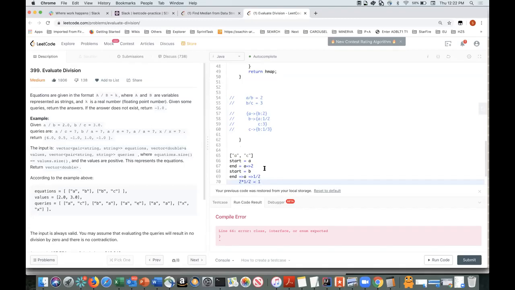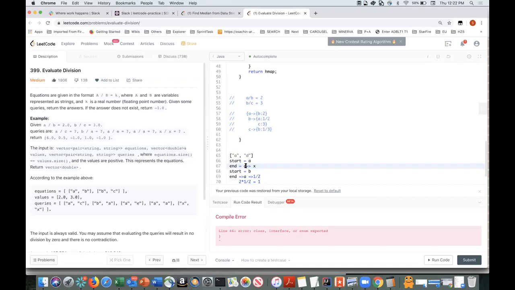So if we have values like A to B, B to C, and C to D, and we need to find the relation of A to D, there are so many values in between. So how are we computing those values? So what we are doing is A to D. This is our problem statement. Start is A, end is D. So A to D is, let's say, X.